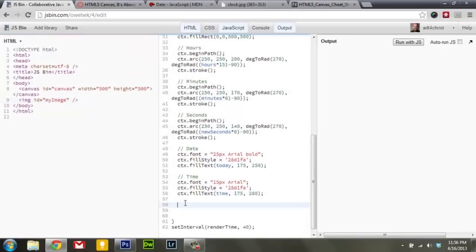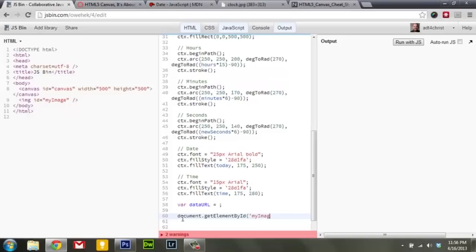And then we could come in here and say, we can call this data URL, and we'll look at what that is in a second. Actually, I'm getting ahead of myself. Let's close that off for a second. So I'm going to want to take the value of this data URL, which we're going to set in a second, and assign it to that image, which we can do using, as we've done many times, get element by ID, and of course we're looking for my image, and I want to set the source of that. So I can just say source equals whatever we put into that data URL